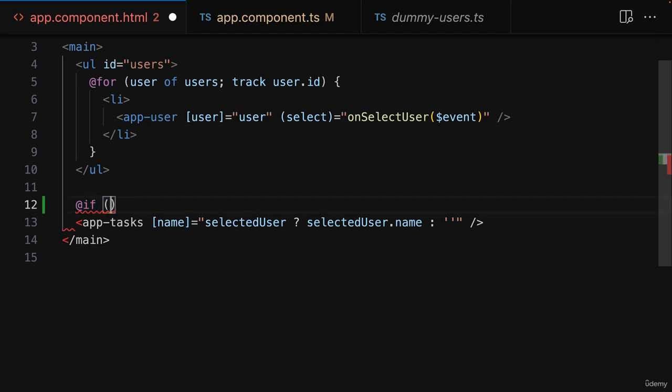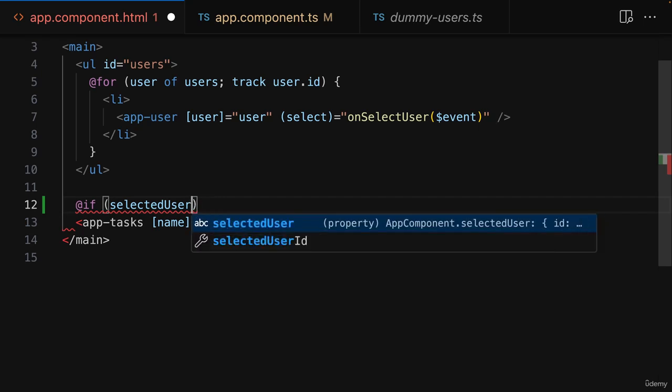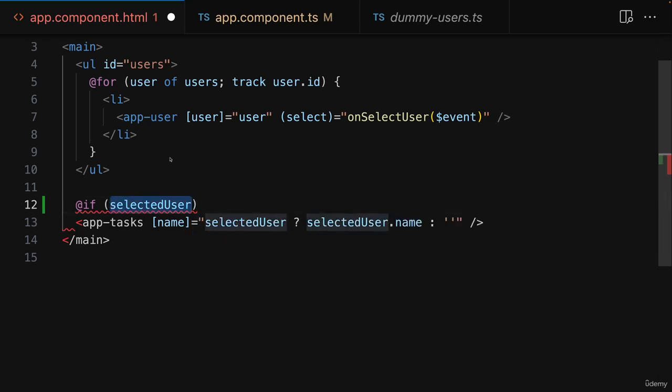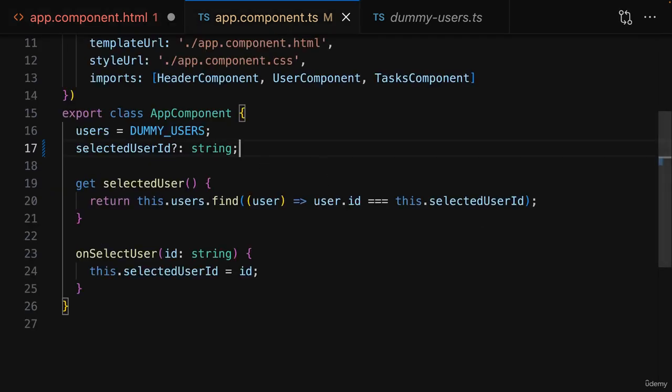So here we could simply check if selected user is defined, or if selected user ID is defined, but here we can check for the overall selected user, because that will be undefined if the selected user ID is undefined,